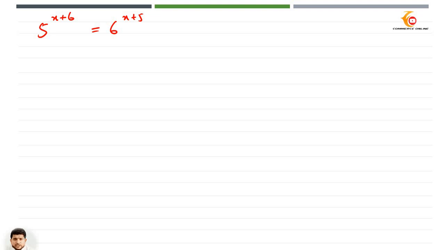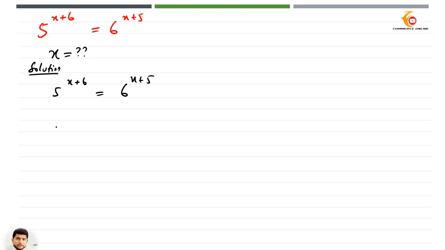Hello everyone, in this video I'm going to tell you how to solve this question, and we're going to find the value of x. So let's start. How are we going to solve it? First I will write the solution: 5^(x+6) = 6^(x+5),